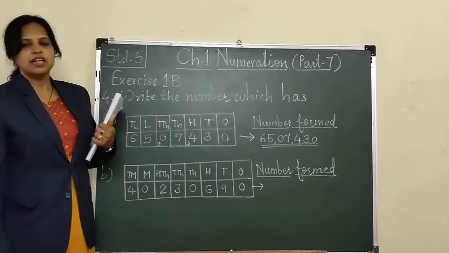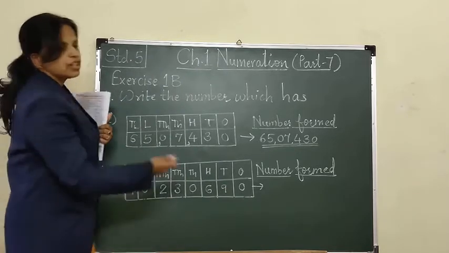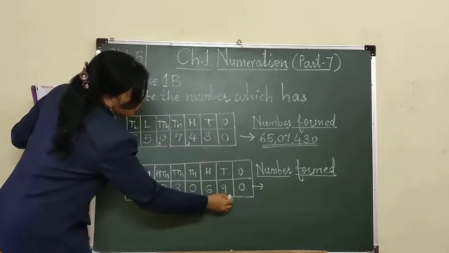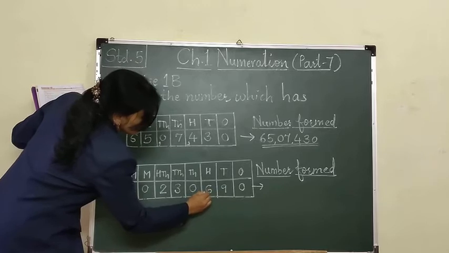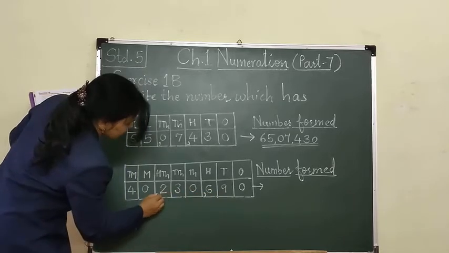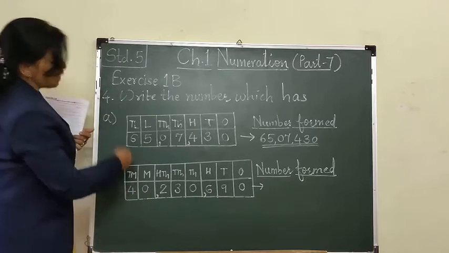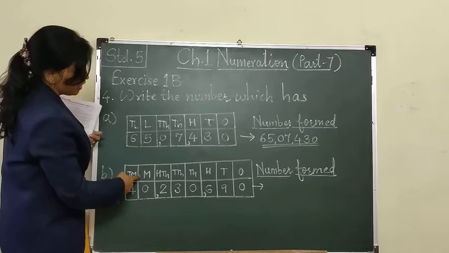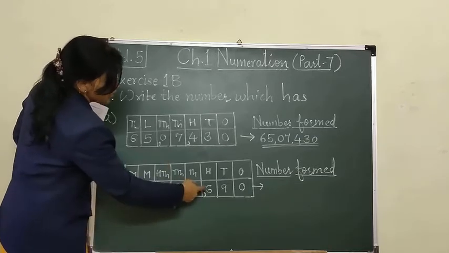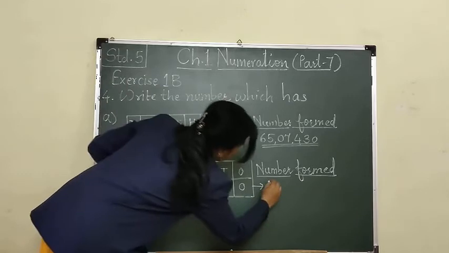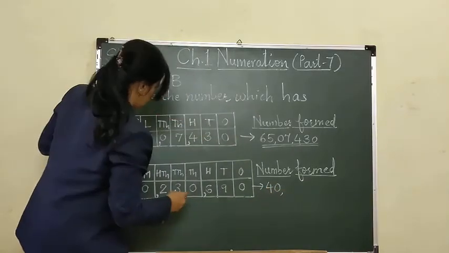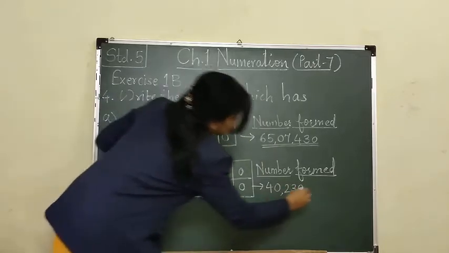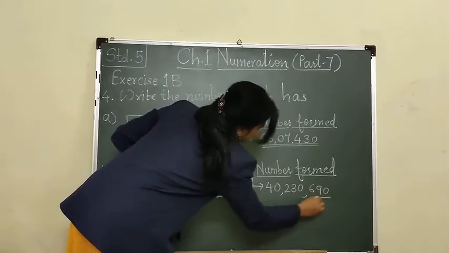Now according to the international place value system, three digits will come in each period from the extreme right side. So we will put commas here. See, 1, 2, 3, 3 digits in ones period. 1, 2, 3 will come in thousands period and the remaining will come in millions period. So the number, how to read it? See, 40 million 230,690. So the number newly formed is 40,230,690.